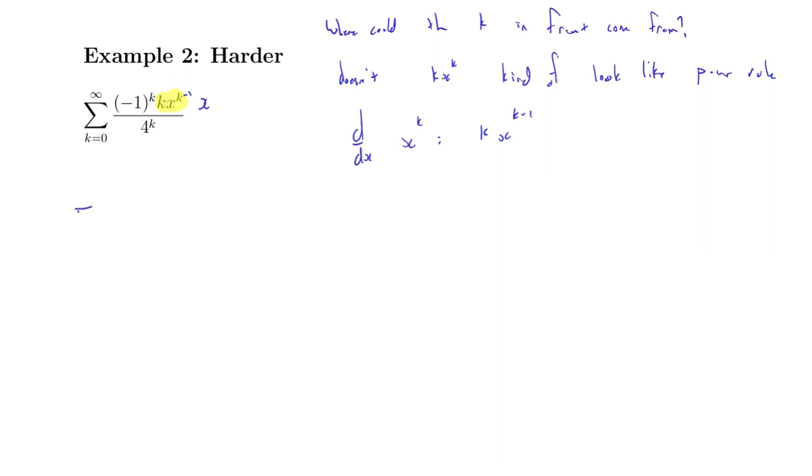So let me rewrite this. Say this is negative 1 to the k times x over 4 to the k times the derivative of x to the k. And that's all inside of our series. Now what you'll notice, though, is that this x we can bring out front of our series because it has nothing to do with this. So this is just x times